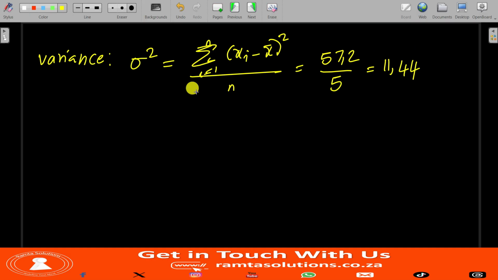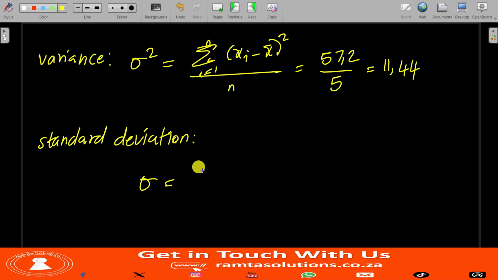Ooh, as you can see, this variance is very large. What does it mean? It means that the values are not clustered around the mean. Now let's confirm maybe with the standard deviation. With the standard deviation, we'll say this equals the square root of whatever we had there,